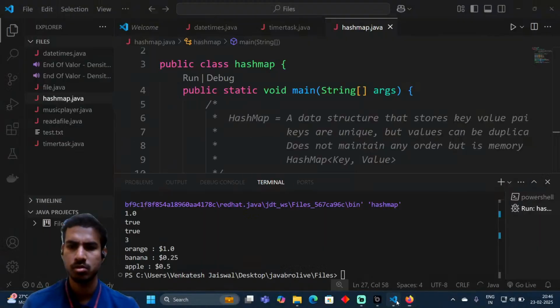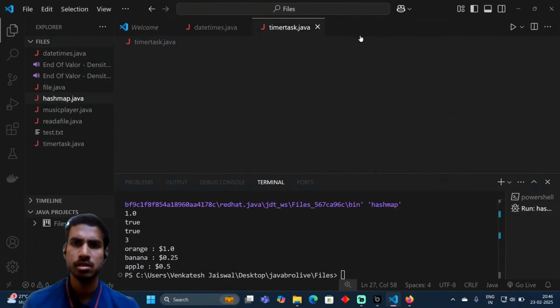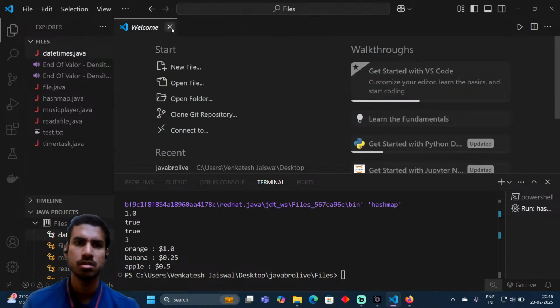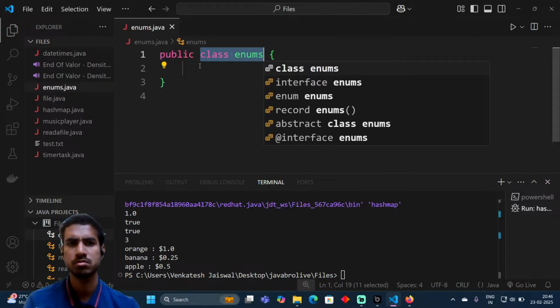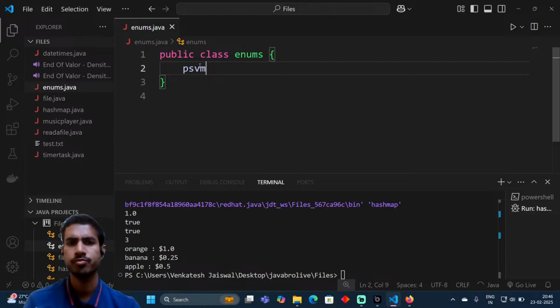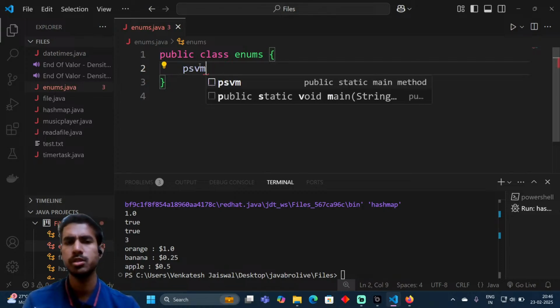ठीक है, तो हम लोग एक नया बनाते हैं enums.java। psvm।